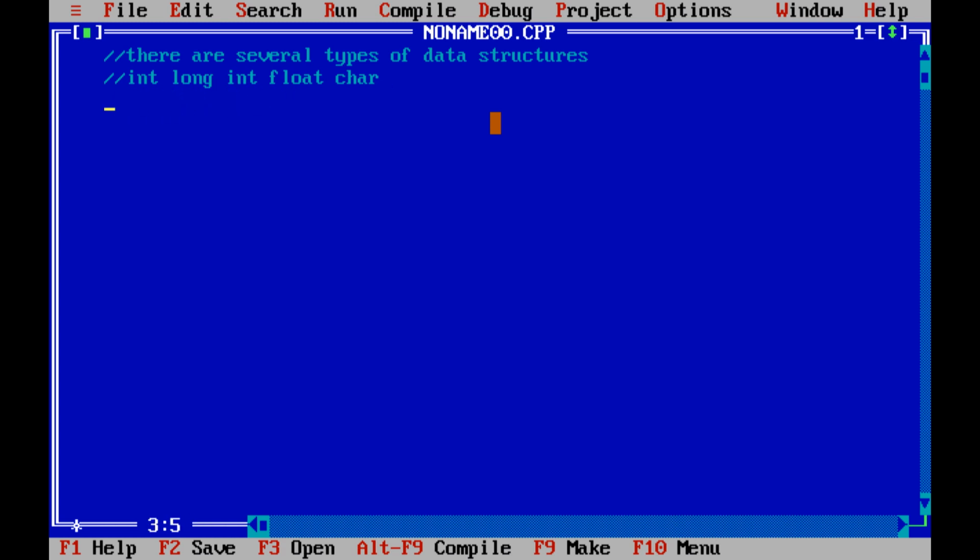You know that before starting any C program, we need to specify header files: #include stdio.h, #include conio.h, void main. Now the question would arise in your mind, why are we using void main?